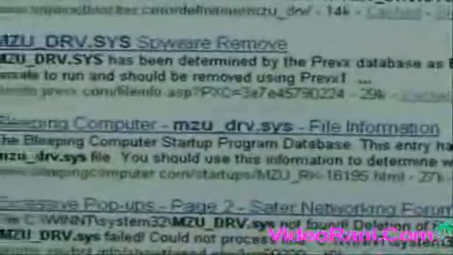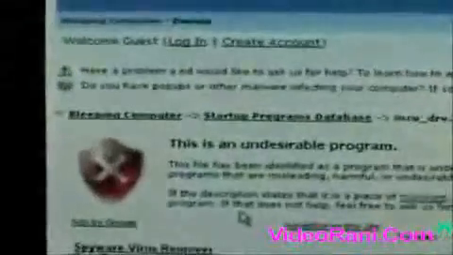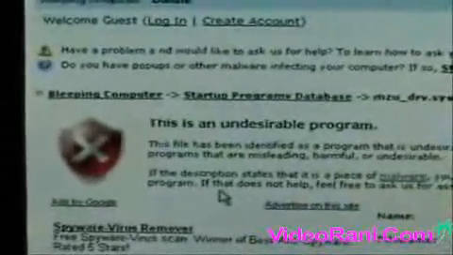Bleepingcomputer.com is usually pretty good about giving you information on certain files on your computer. We're going to check that one out. Says this is an undesirable program. Well, we know that, don't we? Okay, so we're back in safe mode. We're going to go to Start menu,